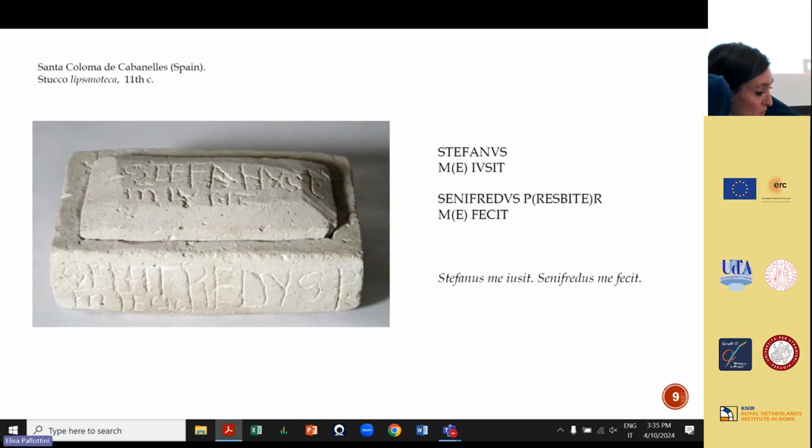Take the example of the Stucco Lipsanoteca from Santa Coloma de Cabanelles, which contains a text that is roughly incised in an irregular majuscule script, which does not follow a ductus and seems to adapt to the available space without any preparation of the surface prior to the making of the writing. This choice, the choice to place the text there, is significant in my view because the text records the makers of the reliquary, both the commissioner and the artisan. So Stephanus ordered and the priest Senifredus